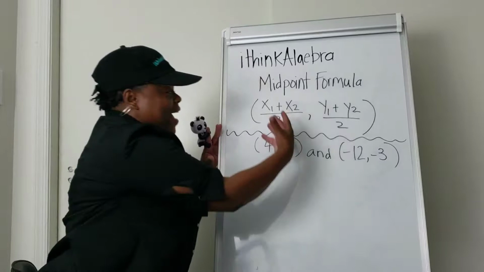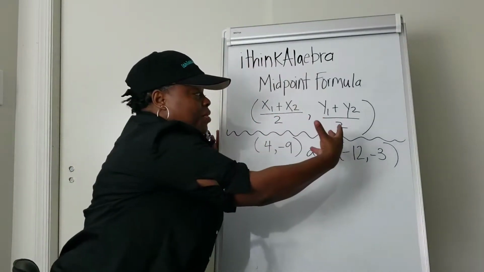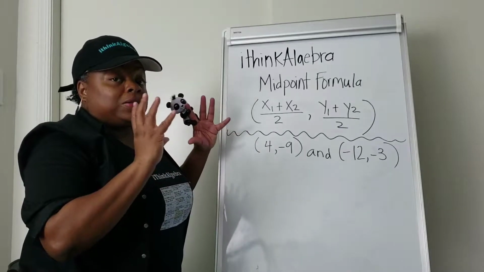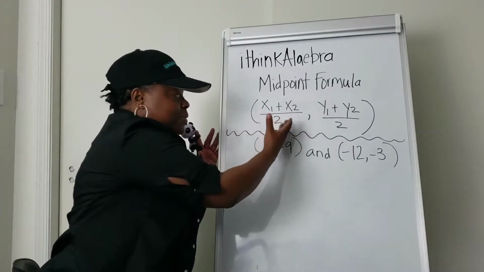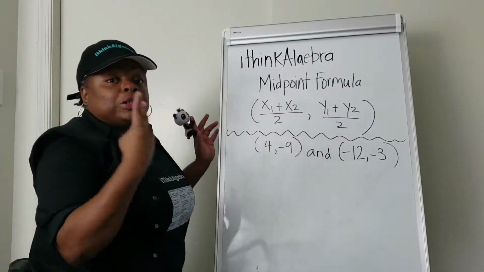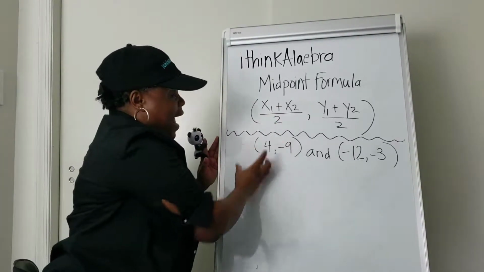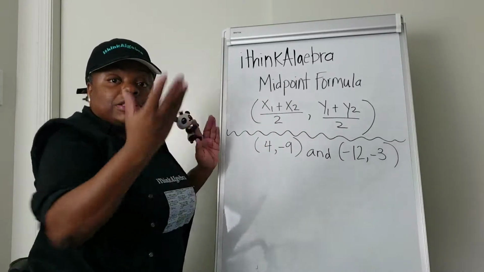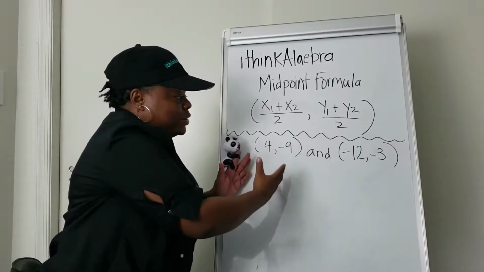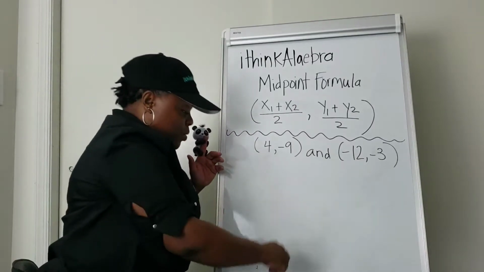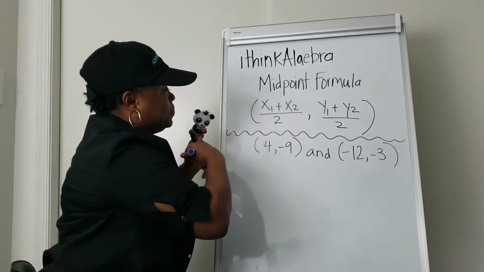So it's the average of the x's. It's the average of the y's. So it really doesn't matter what order you put them in, as long as you add them and divide them. Take the average, divide them by 2, because we got 2 points, so we divide it by 2. So we have the x's, so we need an x1, x2, and it doesn't matter which one you make x1, x2, but it has to be the first coordinates, of course. So we need an x1,